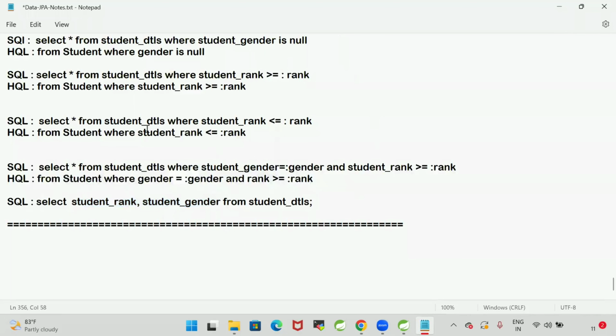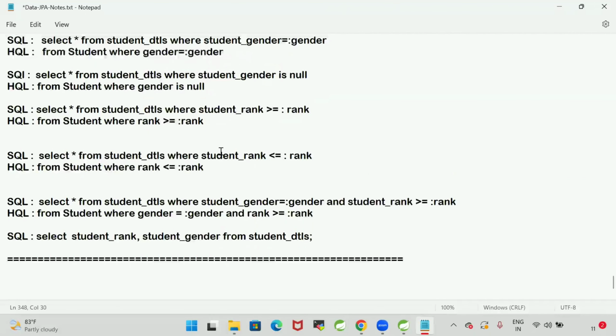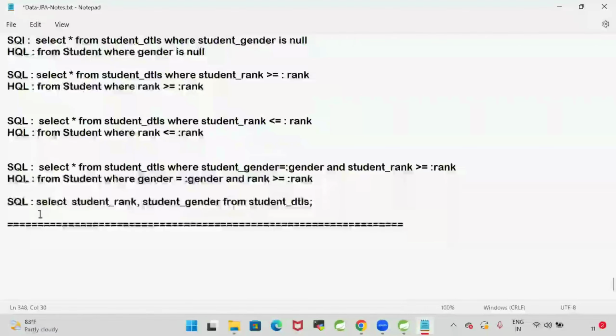Guys, now here, where rank, it is just rank, correct? Now here, where rank, we just need to write the rank variable names. All right, guys. Now here, if you see my last SQL query